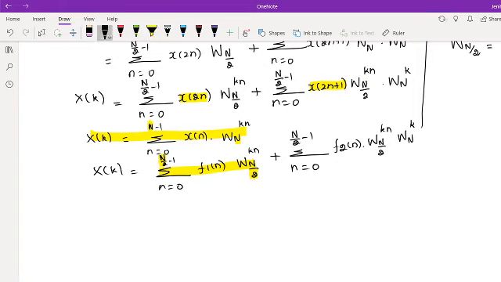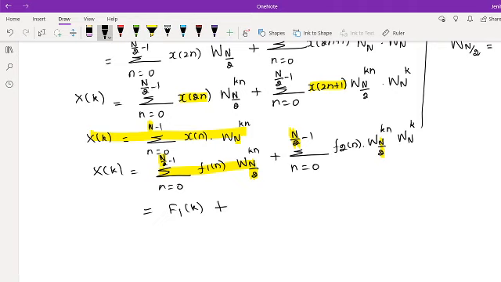So we can even write this as f1 of k. And in the same way, the second one is also the same formula, but in the N place we have the term N by 2 because it is N by 2 point DFT. The x of k is N point DFT, so we have the formula W N power kn. This is N by 2 point DFT. So in that fundamental time period part, we have the term N by 2. So both the formulas are equal. So x of n is giving you that spectrum x of k. So f1 of n, the spectrum is represented as f1 of k.